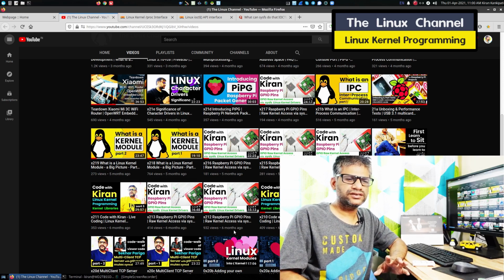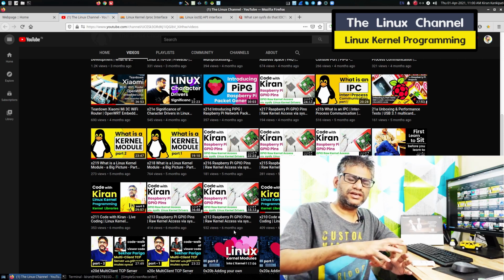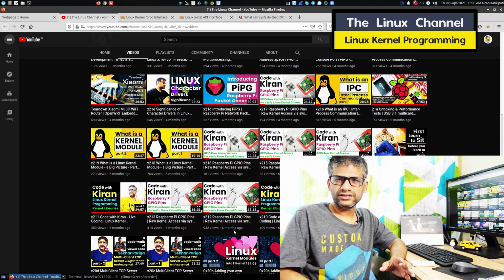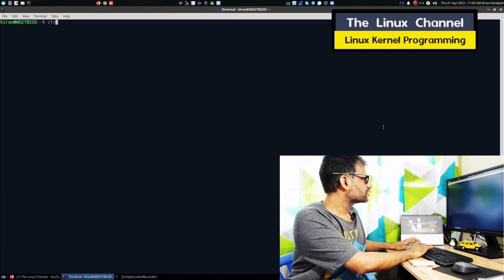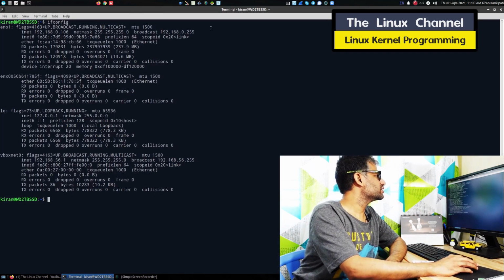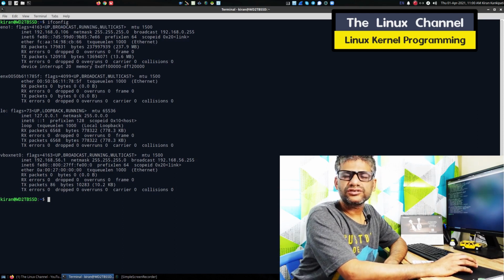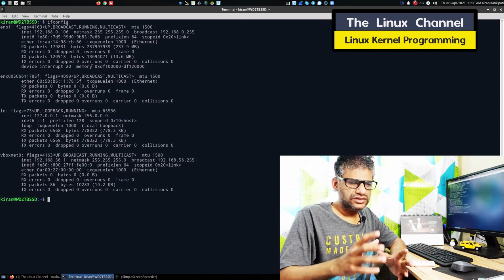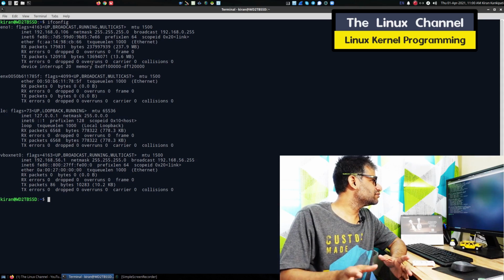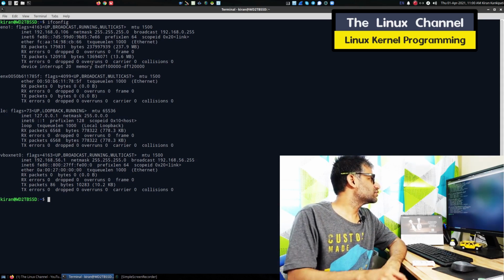But this time I decided to discuss a bit about network driver interfaces, which any common network driver uses. So let's take for example the ifconfig command. If you type this, you get the MAC address, and you get the MTU and various flags. These are various interface flags, along with the associated IPv4 and IPv6 addresses. The reason I say addresses is that sometimes you can have multiple addresses on the same port.